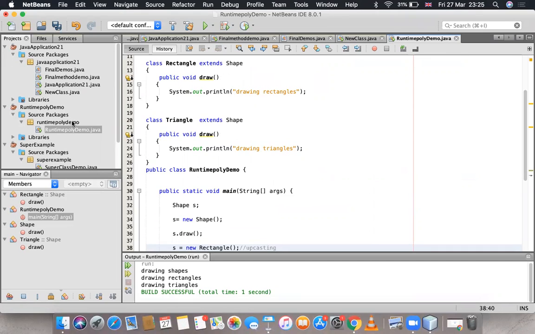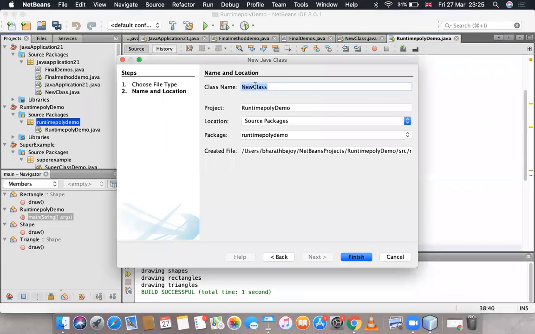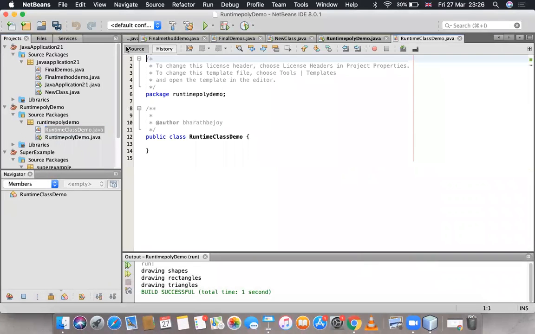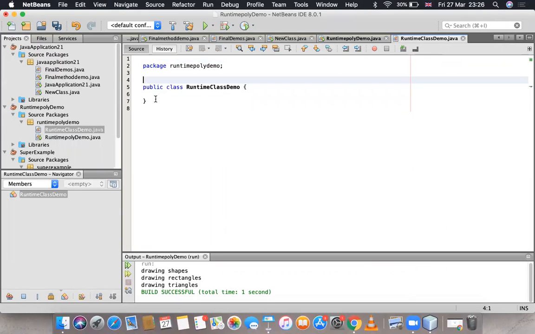Now I'll be doing one more example involving multilevel inheritance. So let us do one more example here. New Java class, and let me just name it RuntimeMultiClassDemo. Finish. So, class Animal,